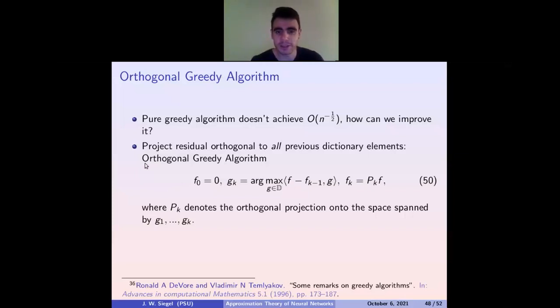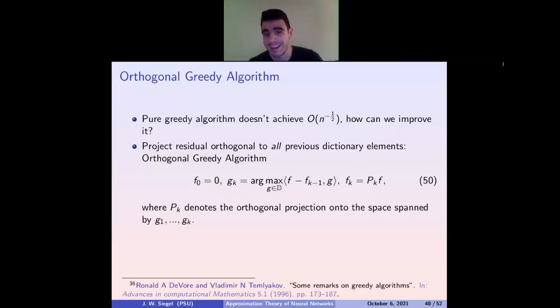And we determined that the orthogonal greedy algorithm, which is given as follows. You start with your approximant being 0, and in each step you choose the dictionary element g that correlates most with your residual. Then you project the target function f orthogonally onto the span of the dictionary elements you've found so far. Of course, this argmax may be very difficult to solve for a given dictionary,